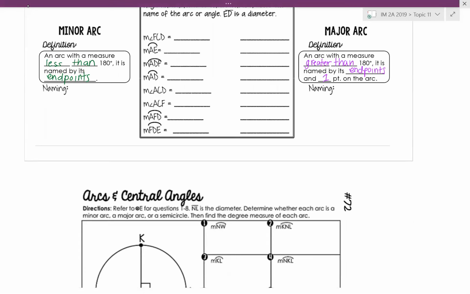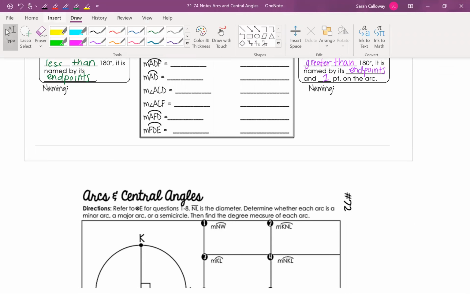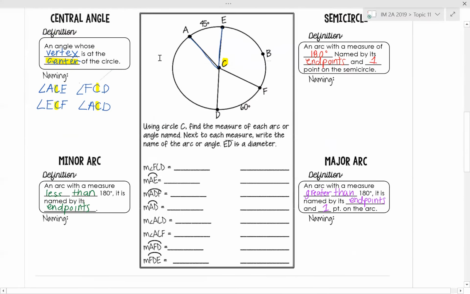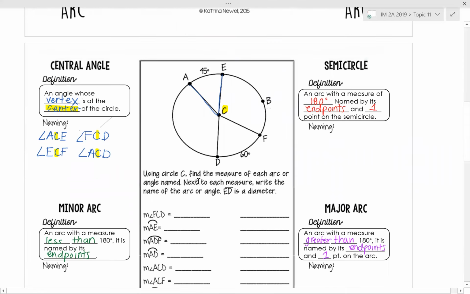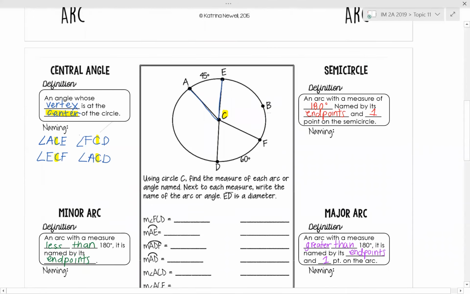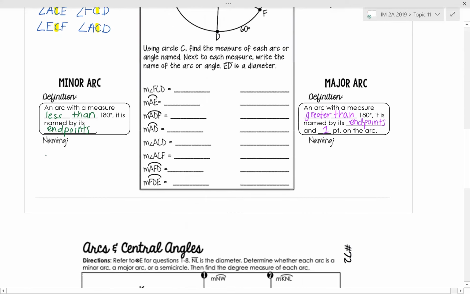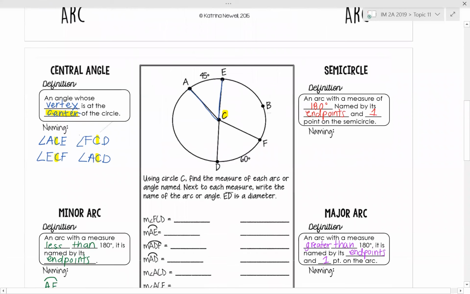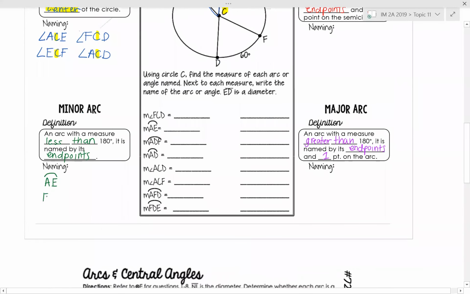So visually, if I think about arcs on here and I want to find one that looks like it's less than 180, I know for sure that this arc, because it's 45 degrees, is less than 180. So arc AE would be an example of a minor arc. Again, the endpoints are A and E. I use an arc across the top to denote that it's an arc. Another example, E to F would be a minor arc. Okay, so EF, that's less than 180